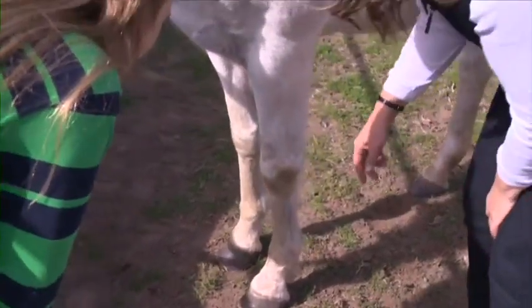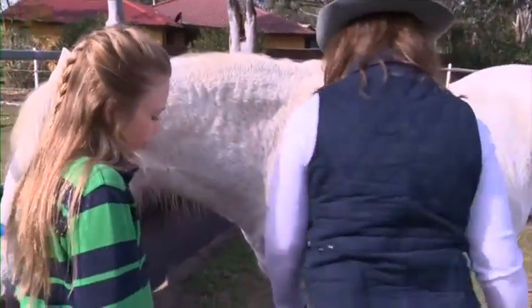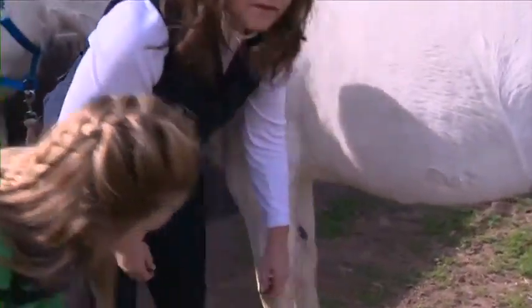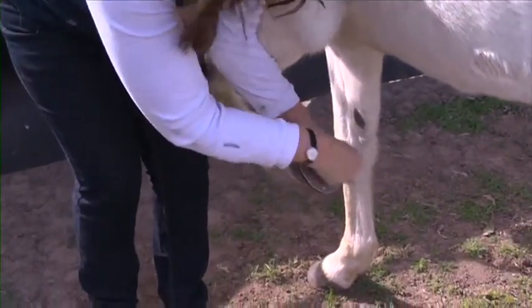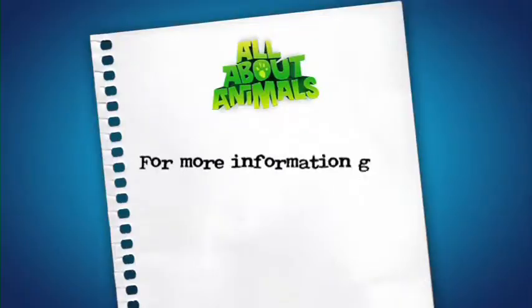So one of the ways that we can make the foot pick up easier, if we come around this side, if you just watch there, Olivia, is I'm going to reach over and squeeze that chestnut. See how she picks her foot up? It's a reflex reaction, and then once we've got the hoof, we can clean it out as normal and put it down. For more information, go to